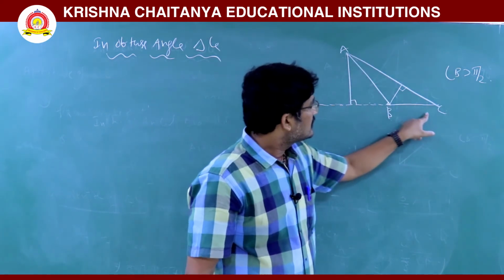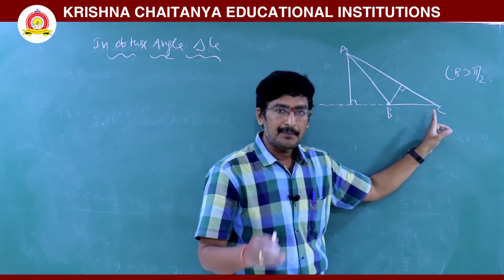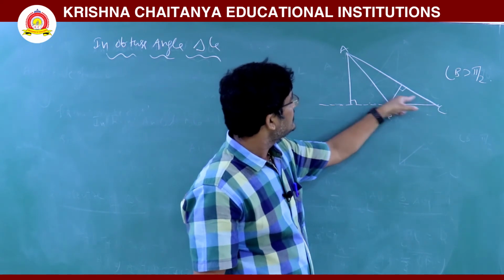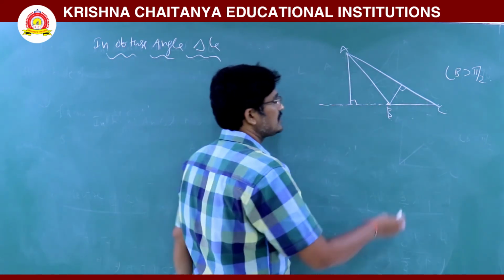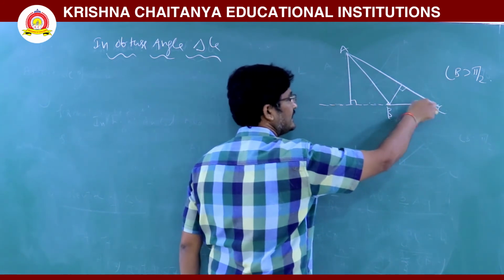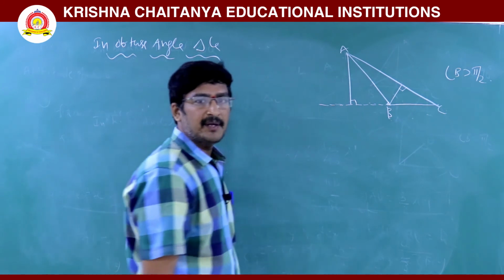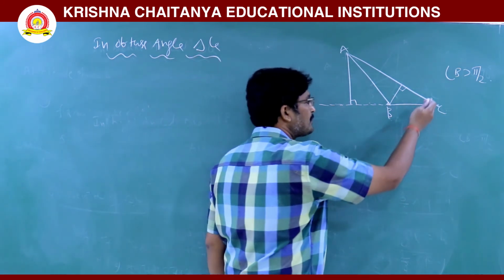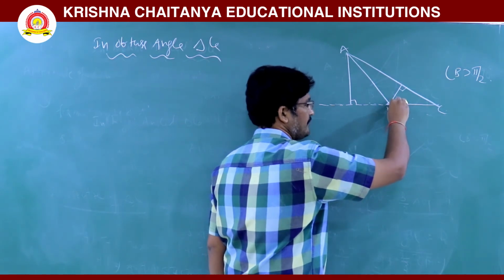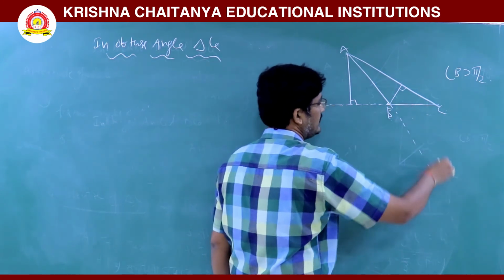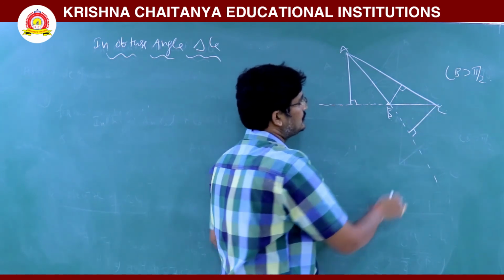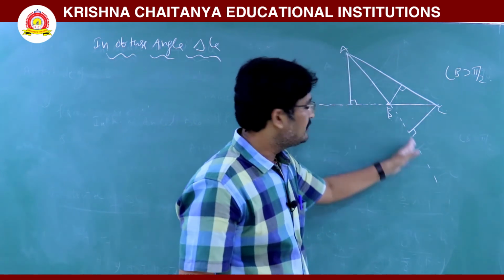Now come to the vertex C. We have to draw a perpendicular line from C to the opposite side. What is the opposite side of this one? AB. Suppose you draw a perpendicular line from C to the AB bar like this. It is not a perpendicular line. So to draw a perpendicular line from C to the AB bar, first you have to extend this line like this. Now we have to draw like this. It is an altitude from C to the line AB bar.